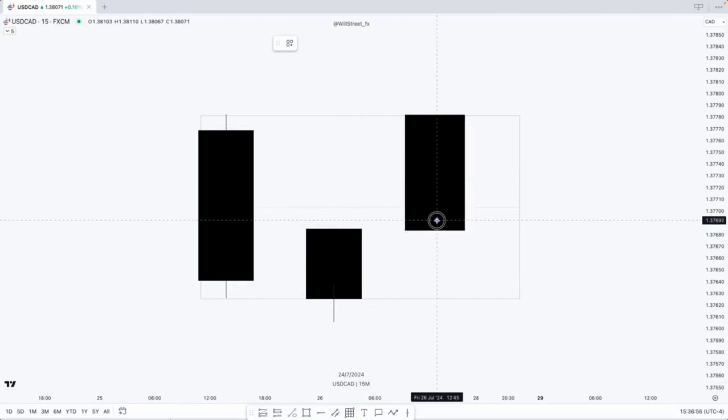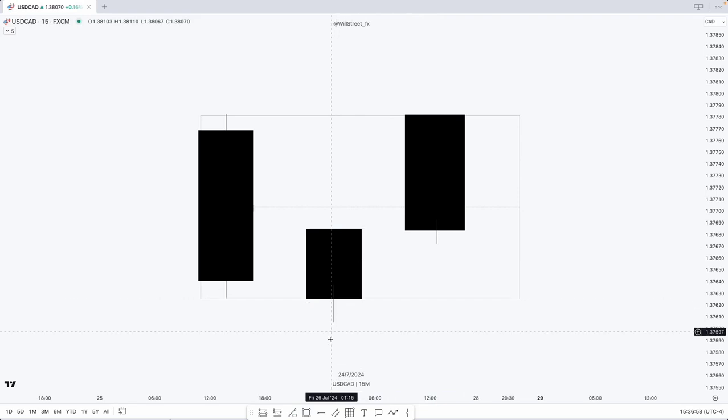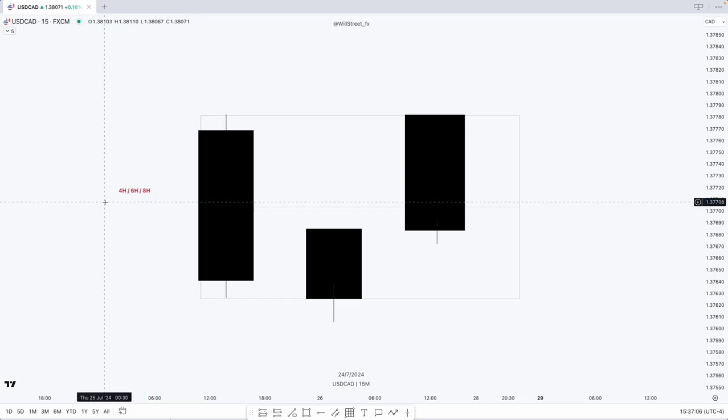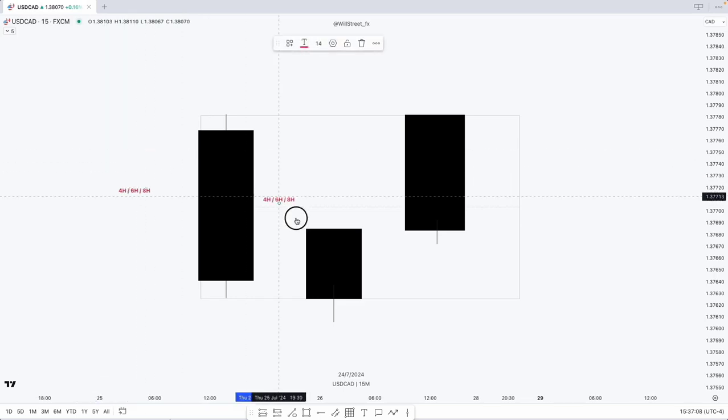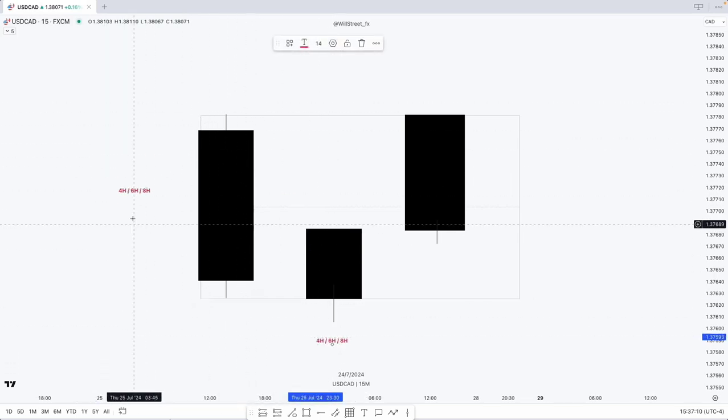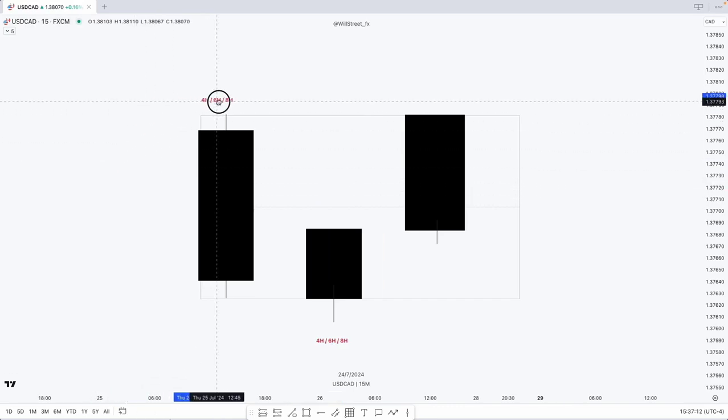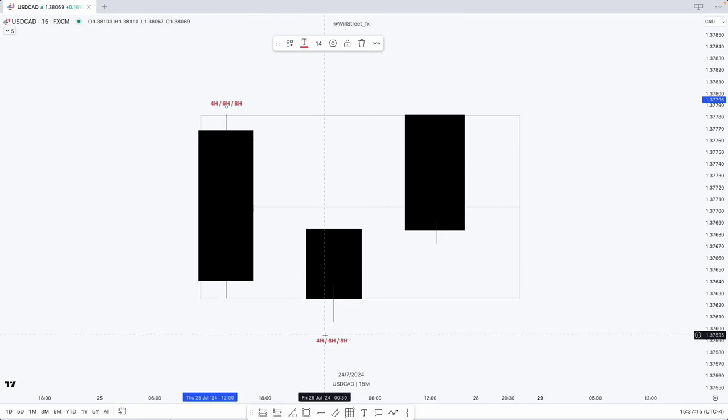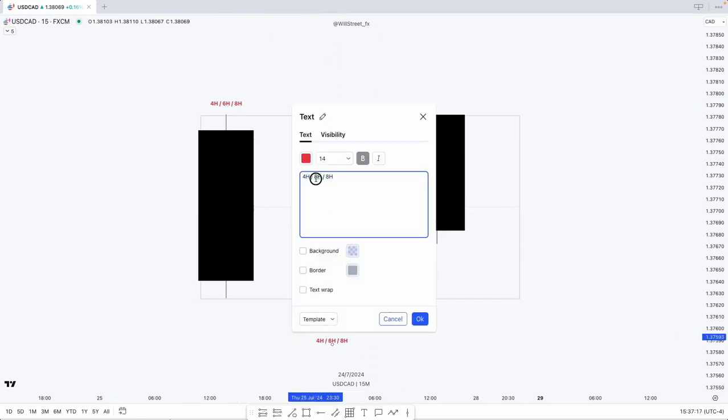The most simple one. So imagine this is, let's say, 4 hour, 6 hour, 8 hour, I don't care. I mean, when I say this is the range, this candle. And now imagine this is the